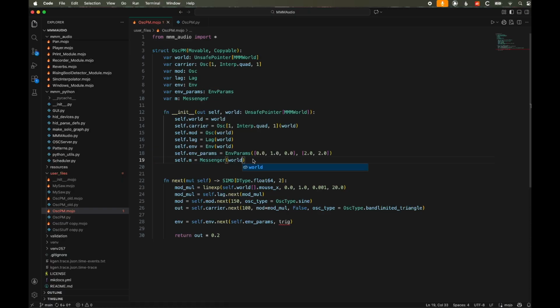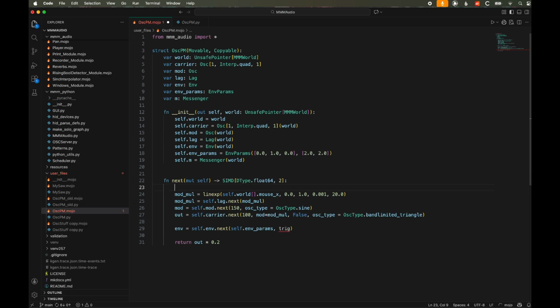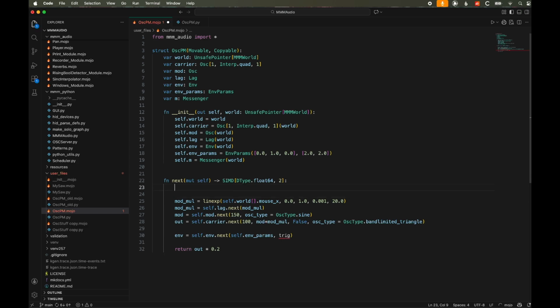Yes, so now we've added a messenger. The messenger can get a couple of different kinds of messages. To get a trigger message, which is what we want, we're going to say trig equals M, our messenger, dot notify